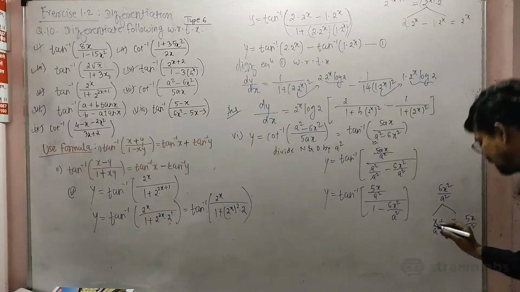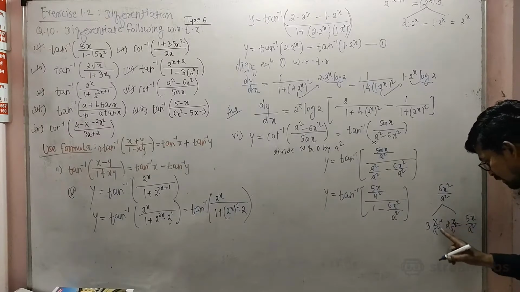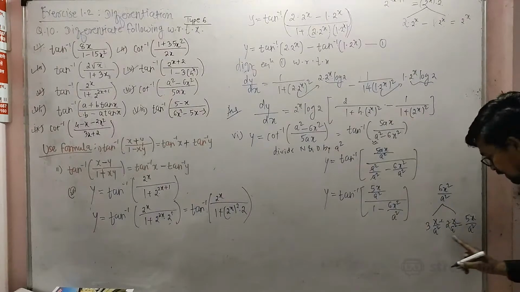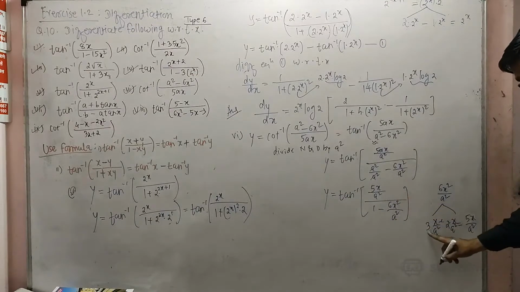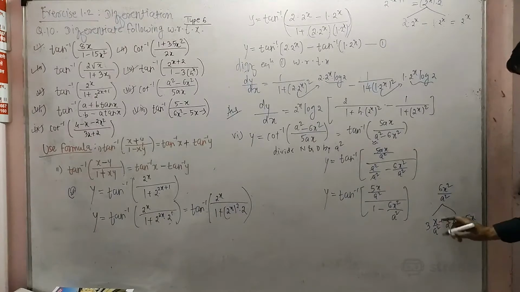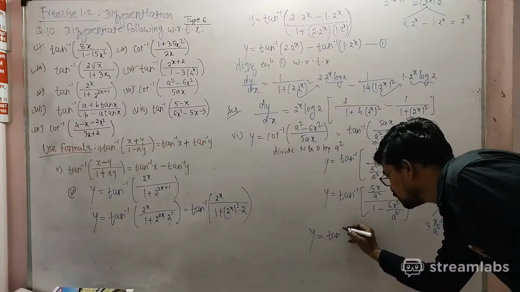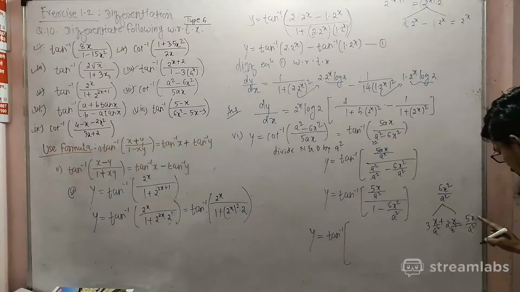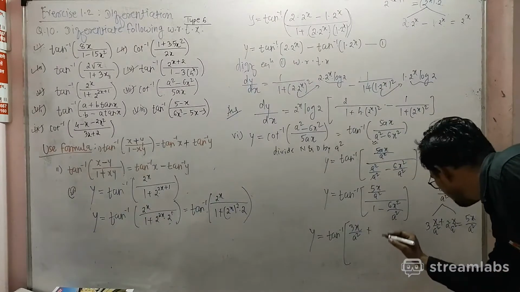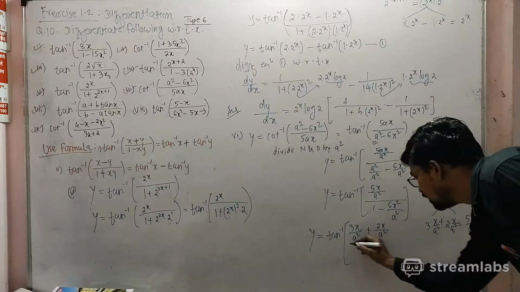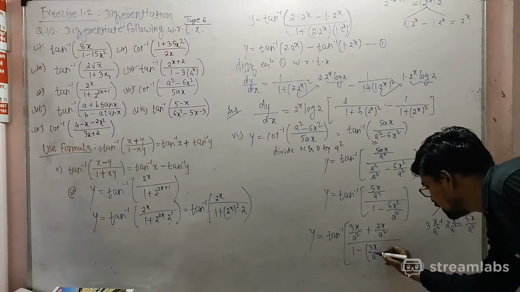So the factors of 6 are 3 into 2. The addition of 3 plus 2 is 5. X upon a square is common between these two. So we can write 5 times x upon a square as 3x upon a square plus 2x upon a square. So y is nothing but tan inverse of, in the place of 5x upon a square, 3x upon a square plus 2x upon a square, and in the denominator 1 minus the product of these factors, 3x upon a square